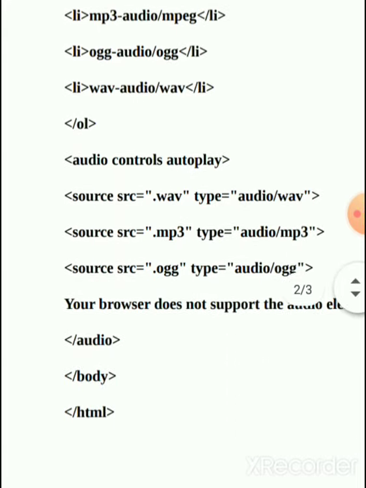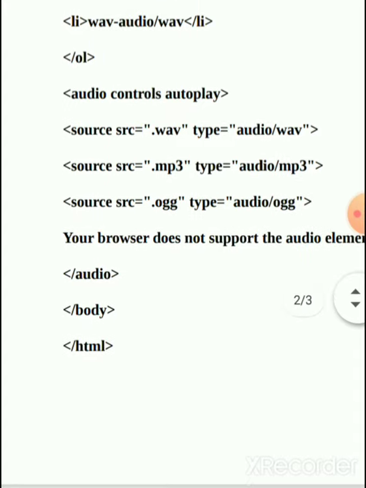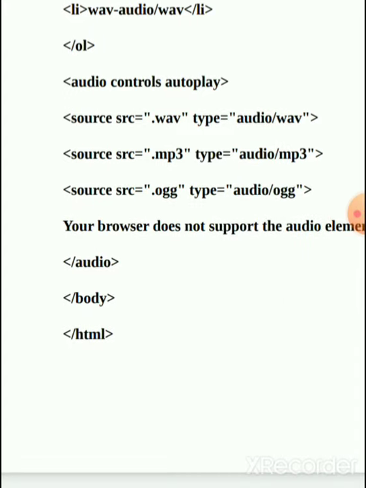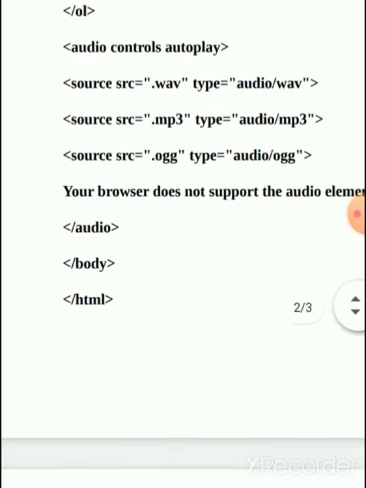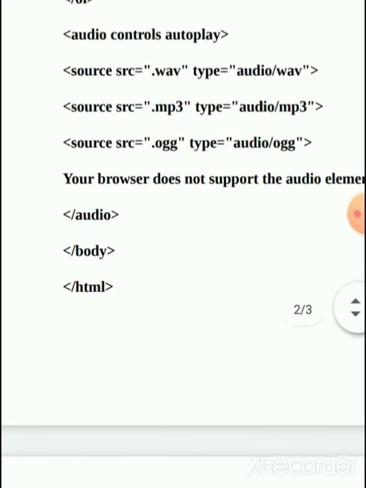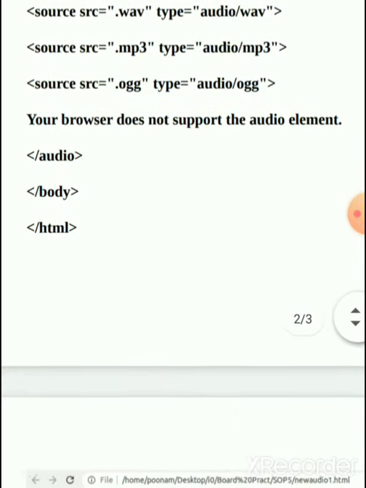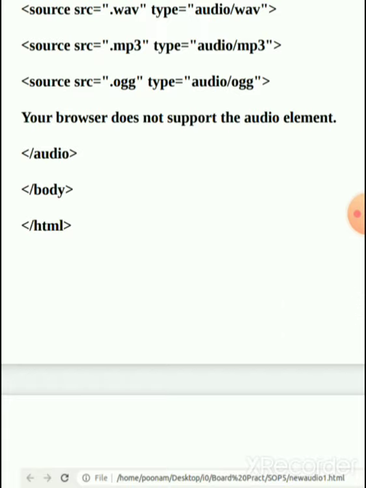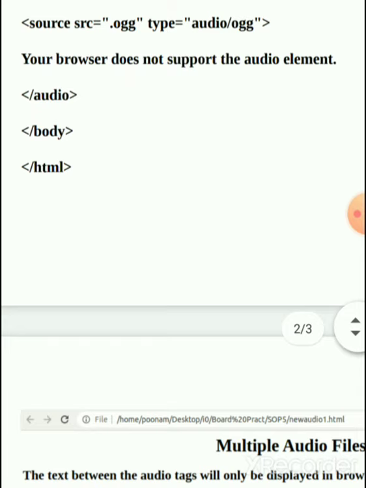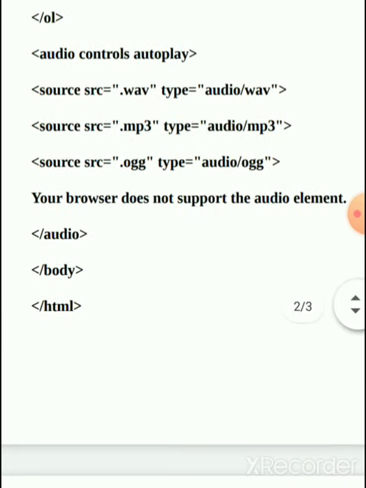We close that OL tag, then audio controls autoplay, and here again we use source src equal to the .wave file, type equal to audio/wave; source src equal to the .mp3 file, type equal to audio/mp3; source src equal to the .ogg file, type equal to audio/ogg. Then we put one sentence, "Your browser does not support the audio element", and we close the audio tag, body tag and html tag.